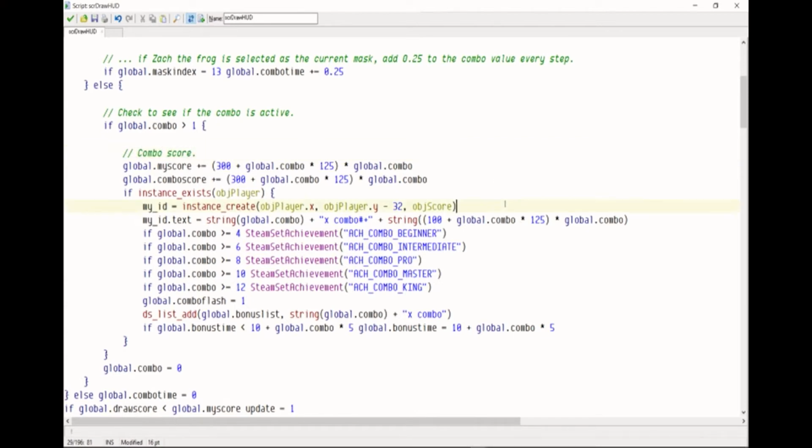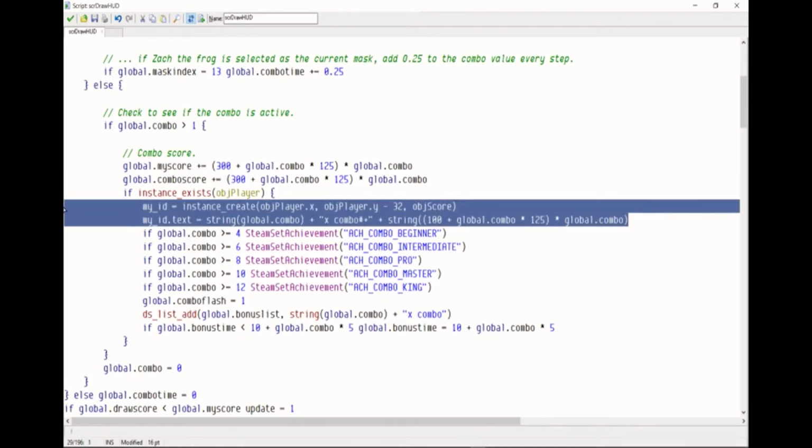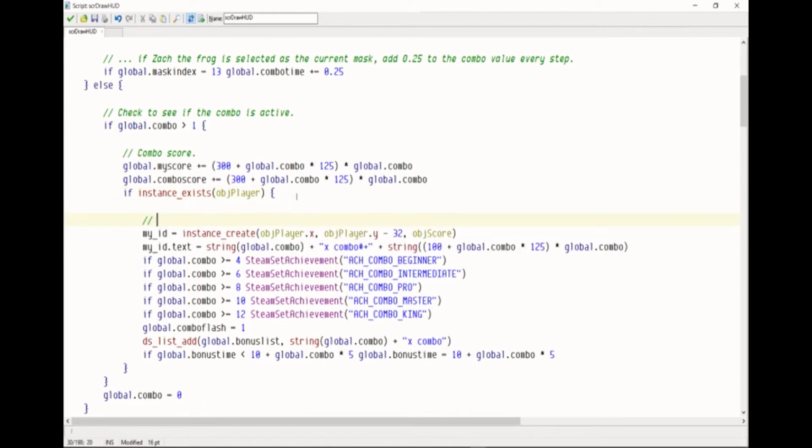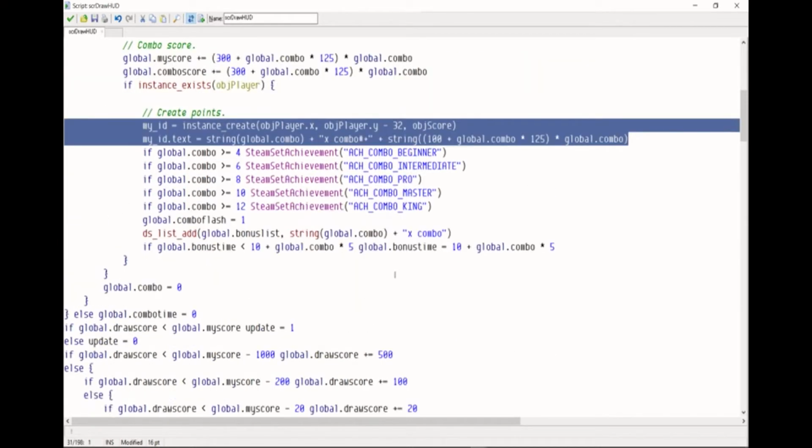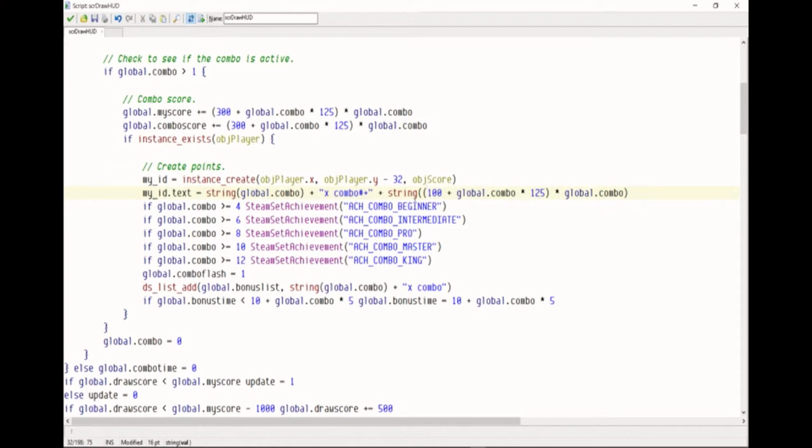Now, the one thing that somebody might potentially have interest in are these values here. What these essentially do is they create points. So in Hotline Miami, you have these sort of floating points that appear above each character, or above each kill, sorry. And what these essentially do is they serve as a visual indicator of your point values. Now, for this instance, these serve as the points that display after a combo is finished. So hence, after your combo expires, you get this thing that pops up with your combo